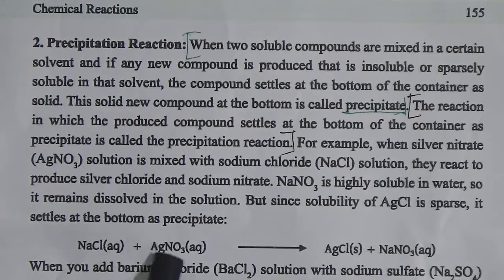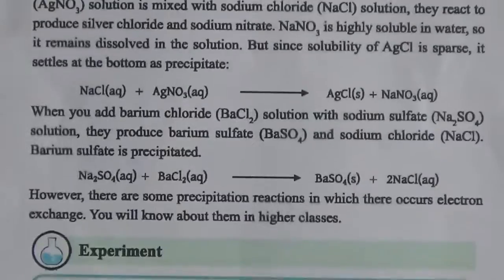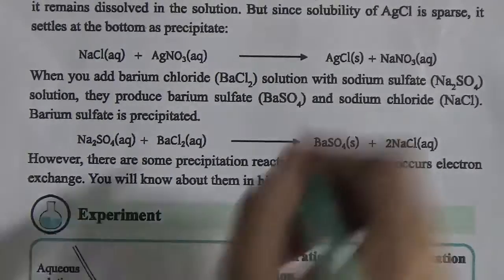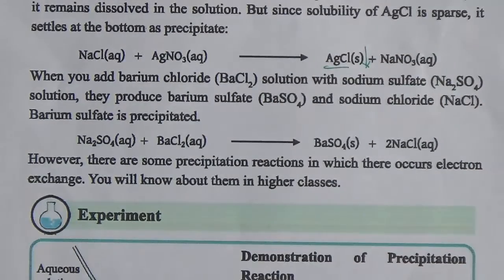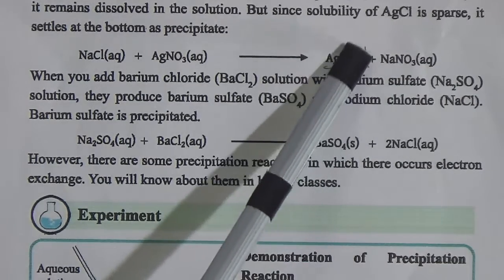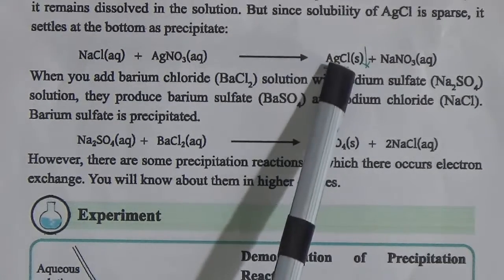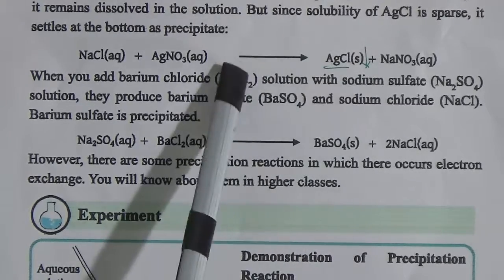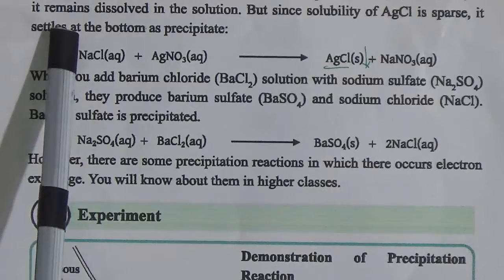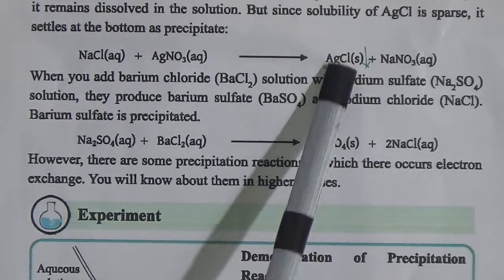For example, silver nitrate reacts with sodium chloride and produces silver chloride and sodium nitrate, but sodium nitrate is more soluble than silver chloride. That means silver chloride is only partially soluble in water. That's why it precipitates at the bottom of the container, and this is why this reaction is known as the precipitation reaction. Dear students,